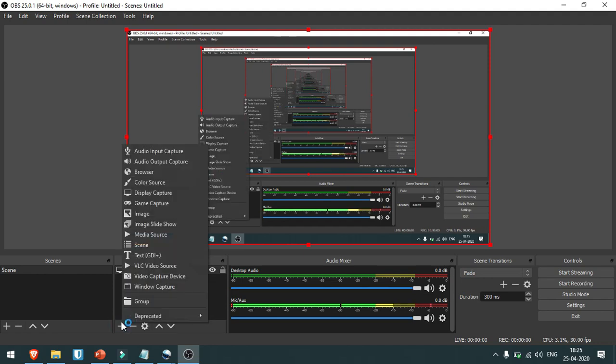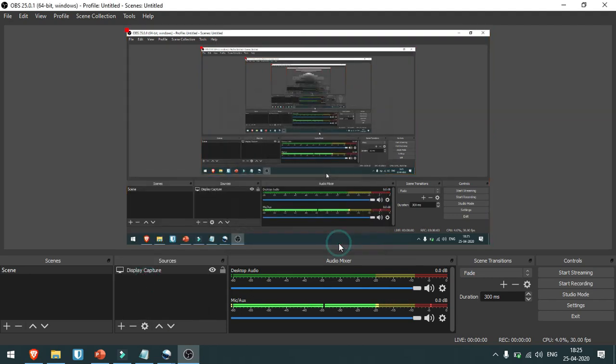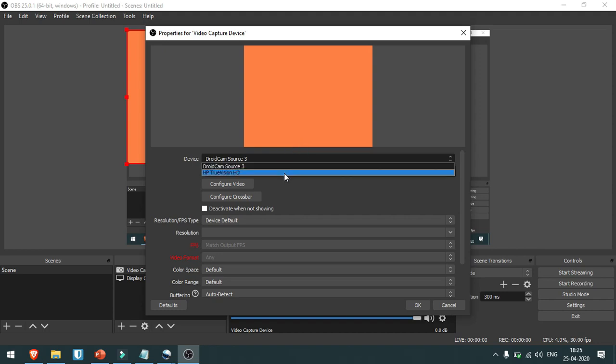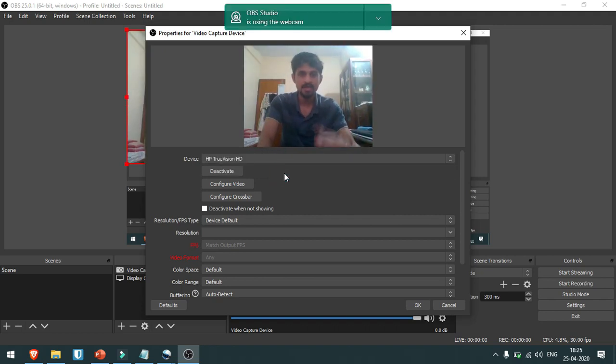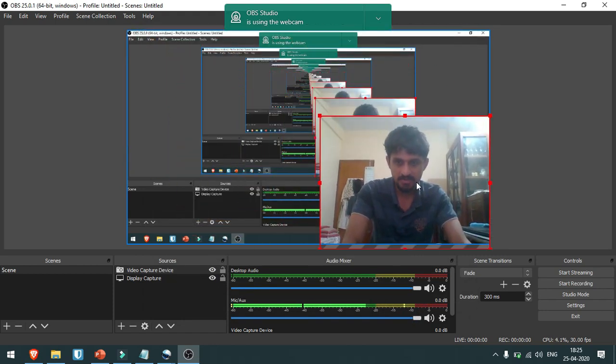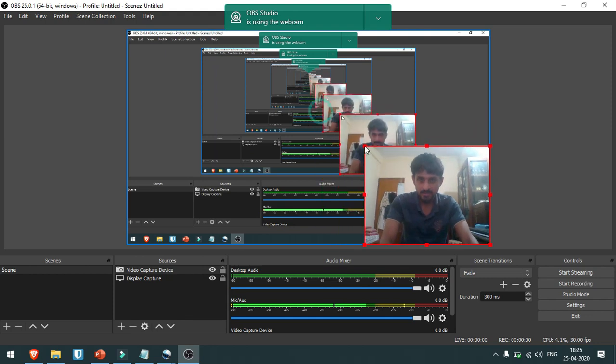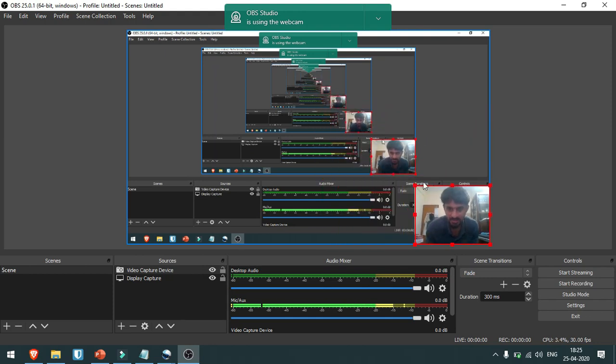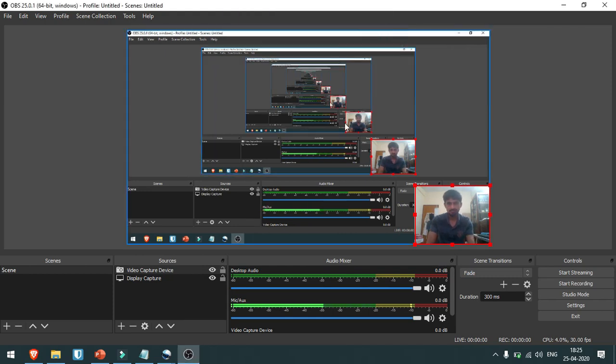So for that, all you have to do is add a video capture device, and you say okay, and you choose your video capture device as the camera that you have. Usually this would be by default, and so you have this, and you say okay. Now you have this little window that you can put, let's say, in the corner, and you can make it really small so that it doesn't come in the way of your PPT presentation.